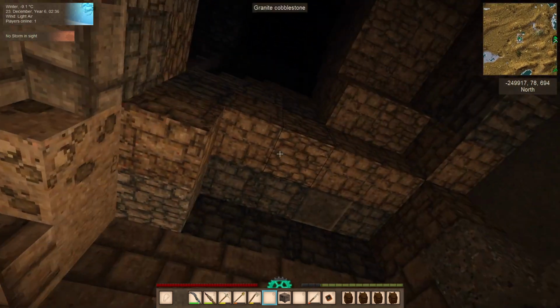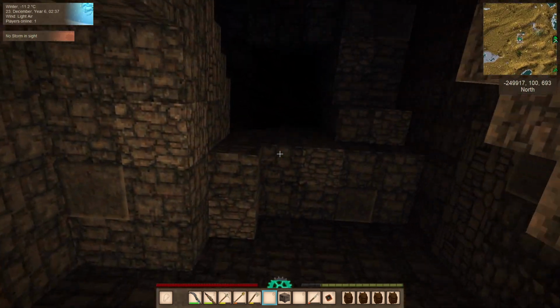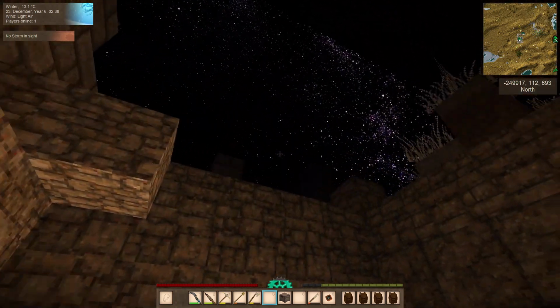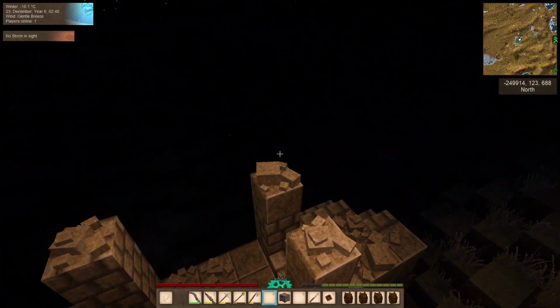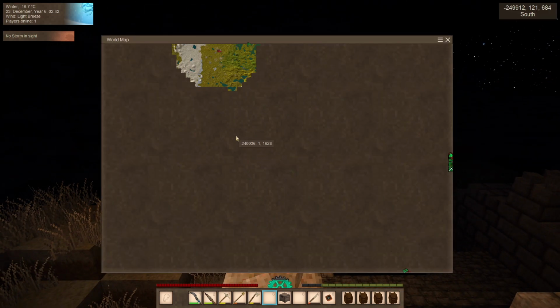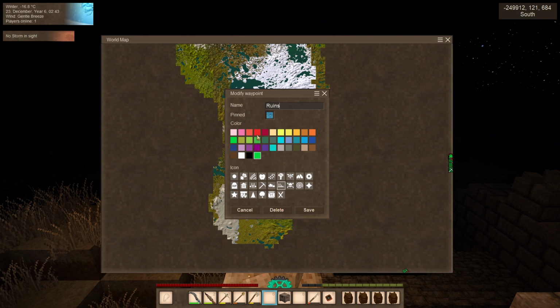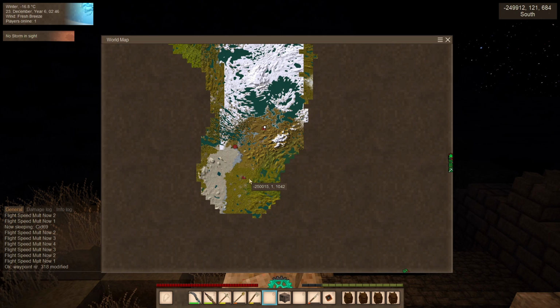Let's get out of here. Whee! And stand myself on top of here. So, with that done, we can mark it in red and unpin it and save. And then